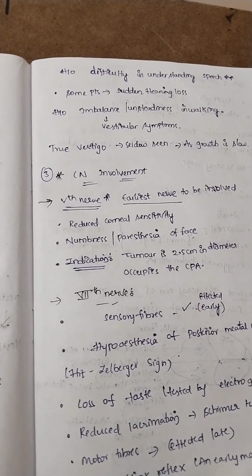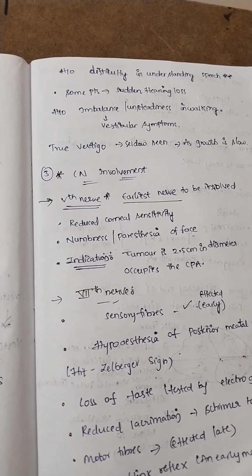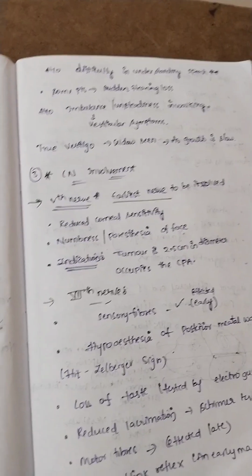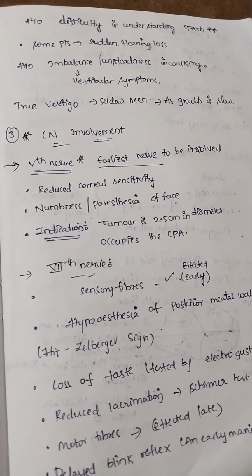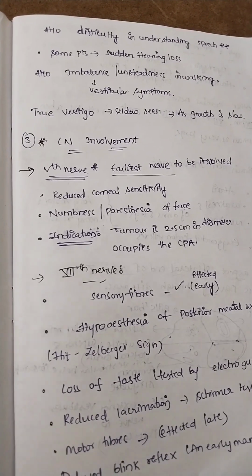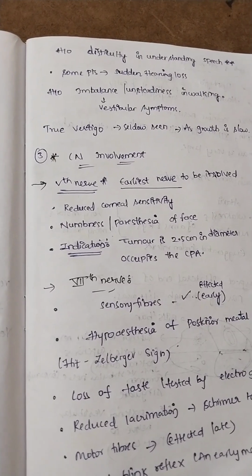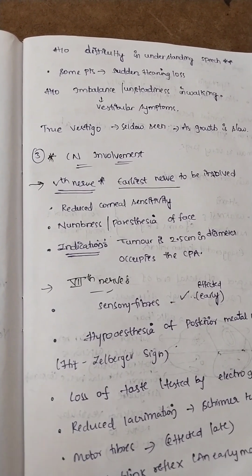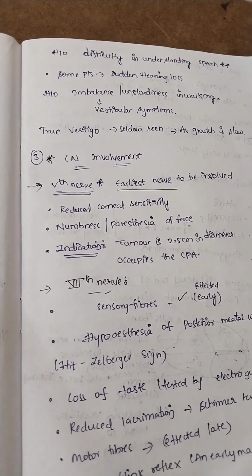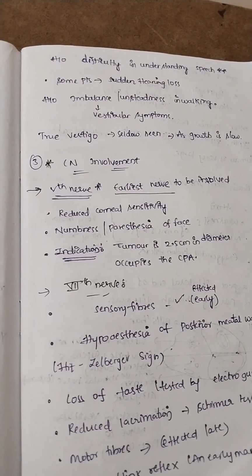and vestibular symptoms. Among vestibular symptoms, true vertigo is very seldom seen, because as growth is slow, compensation will occur. Okay, so we can't see true vertigo in all cases, only seldom. So next, cranial nerve involvement. Fifth cranial nerve: as we saw before, the tumor has two chances, it can grow anterior superiorly or inferiorly. If it grows anterior superiorly, then the fifth nerve is the earliest nerve to be involved.